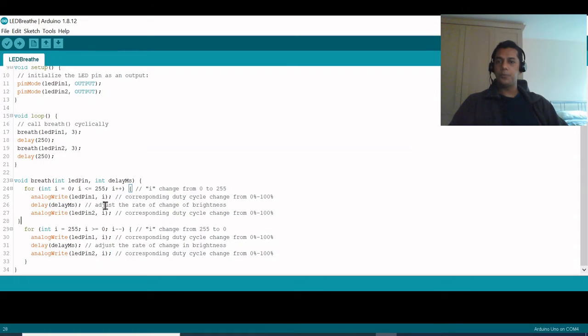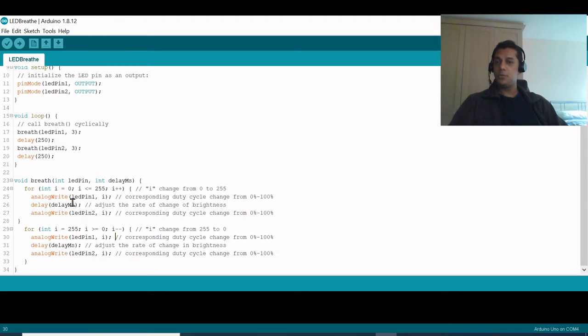Whenever I change the duty cycle from 0 to 100, the brightness of the LED increases from dark to completely bright, and whenever I decrease the duty cycle of this PWM wave from 100 to 0, the brightness decreases from extremely bright, which is 255, to 0, which is completely dark.